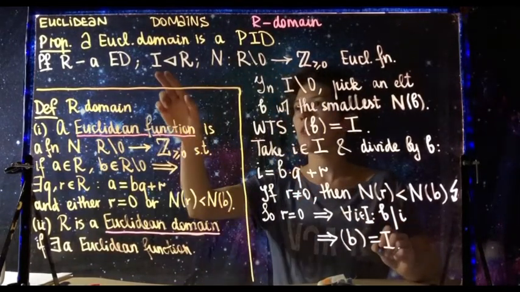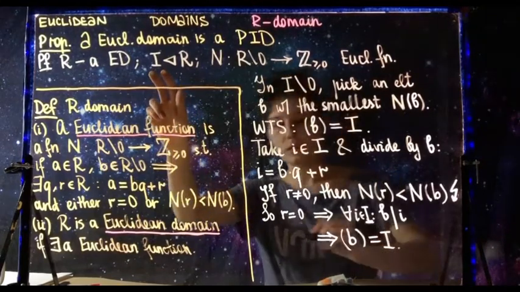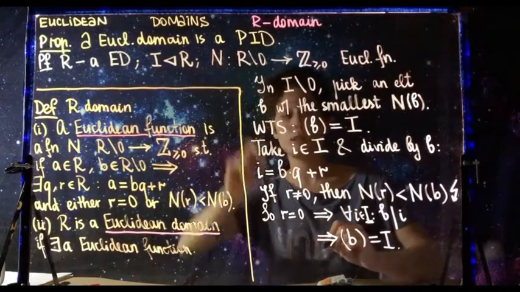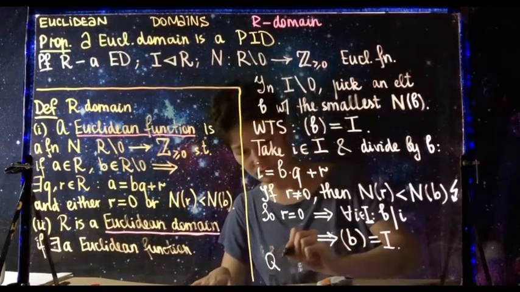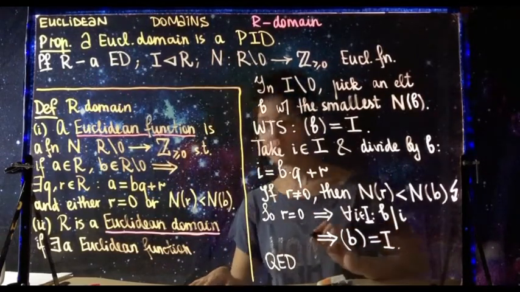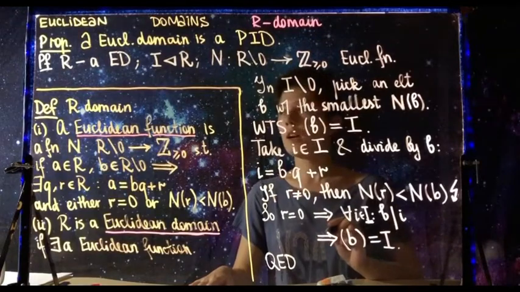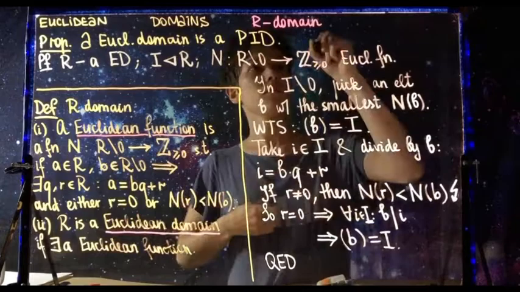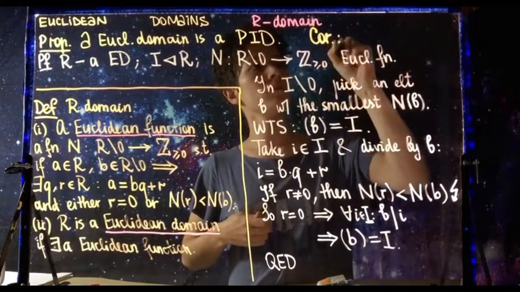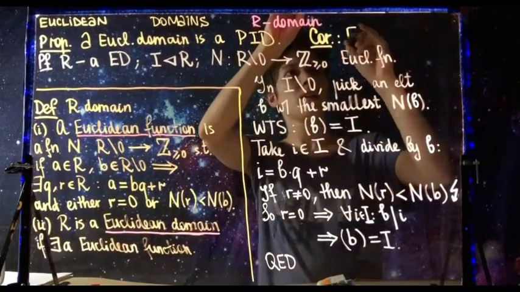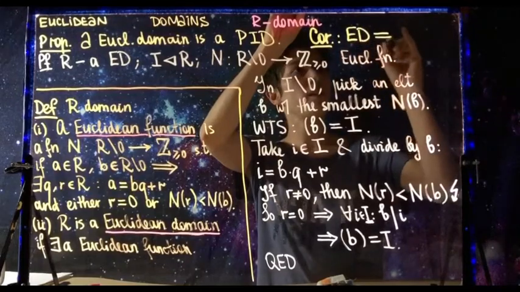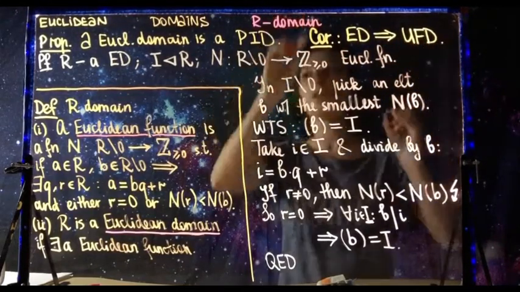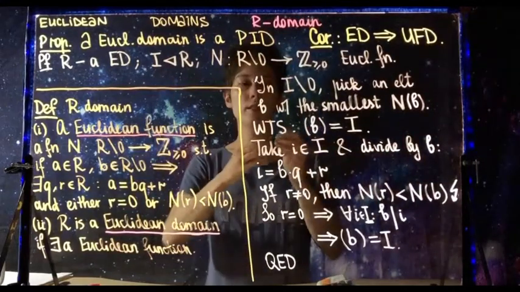And so we prove that I is a principal ideal, and it means that R is a principal ideal domain. In particular, a Euclidean domain is a unique factorization domain, because a principal ideal domain is